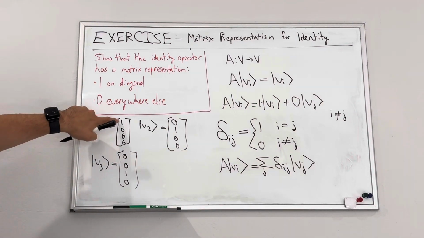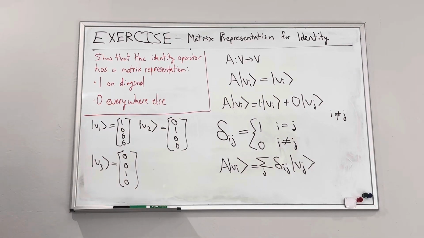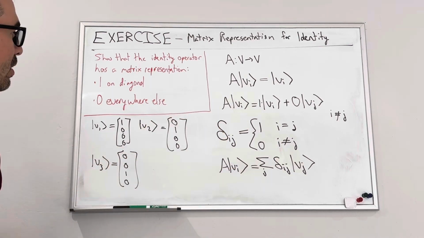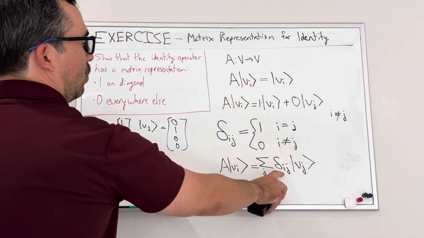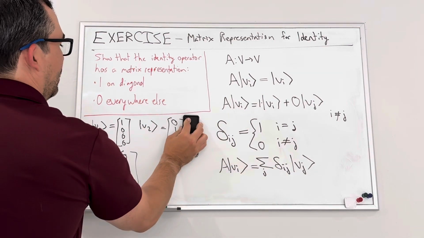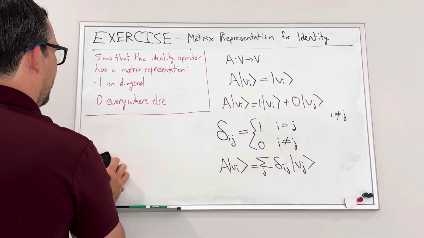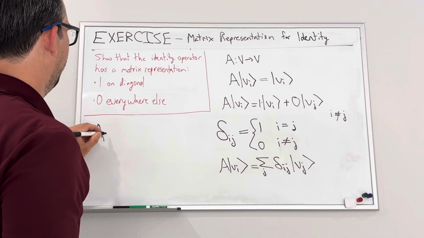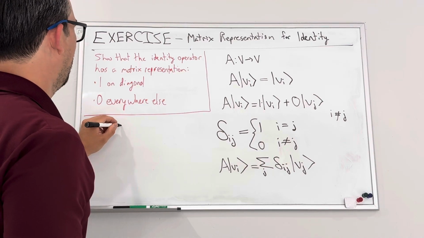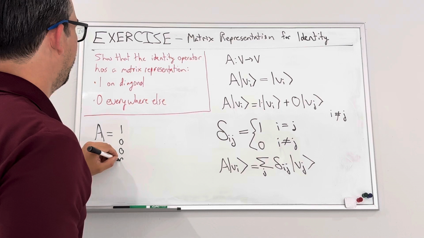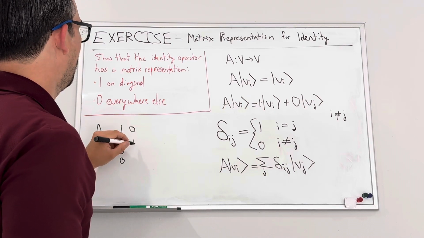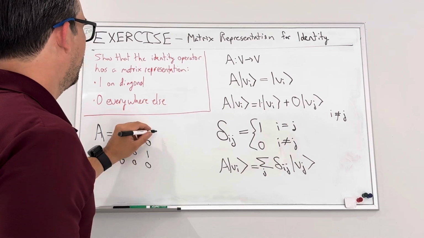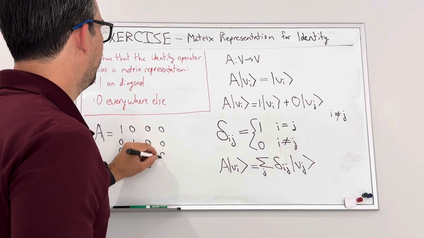So you can see this 1 is just changing positions. And since a matrix is really just joining these vectors together, then what I could say here is that I'm going to have an operator that acts like this. A equals 1 0 0 0, 0 1 0 0, 0 0 1 0, 0 0 0 1,